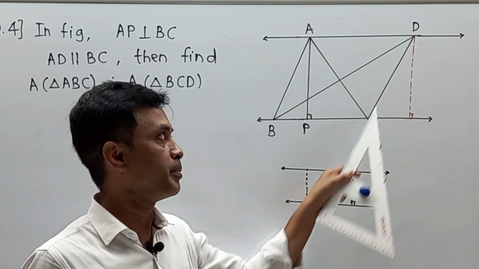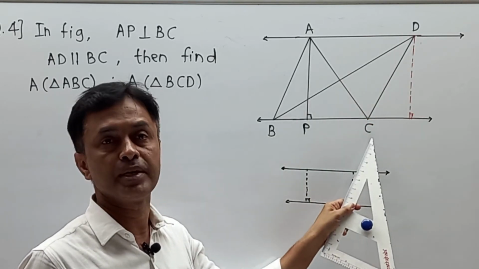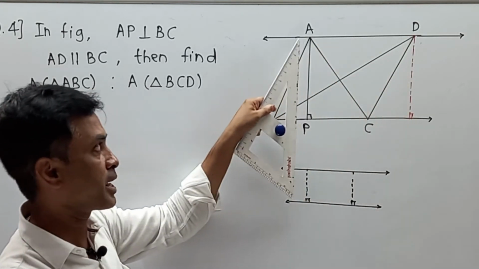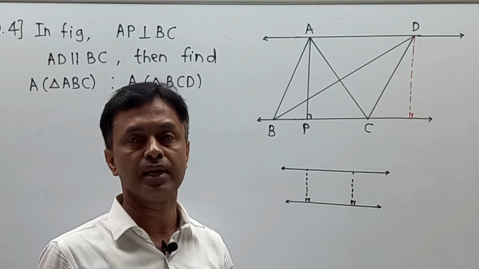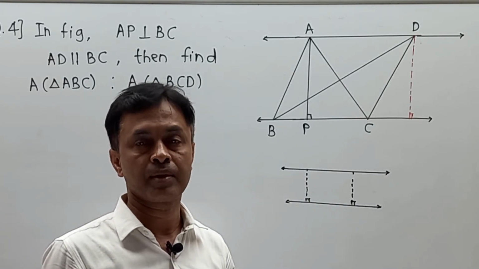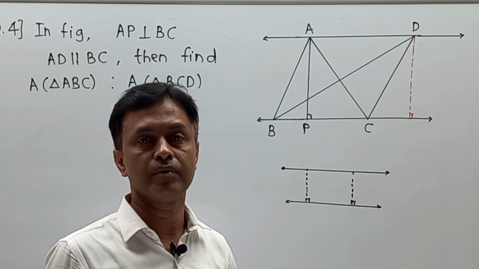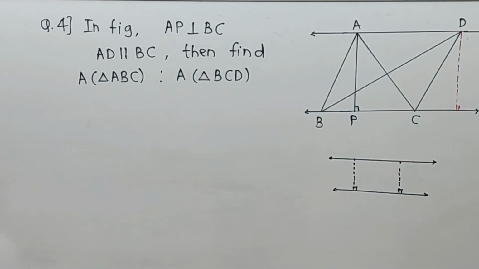Similarly, in triangle BCD, again the base is BC, which remains the same, and the height is this red mark, and this height is nothing but exactly equal to AP, because they have given that line AD is parallel to BC. This means for both triangles the base and height are equal, so naturally both triangles have equal area, or the ratio becomes 1:1. This part I am going to write over here, please pay attention.